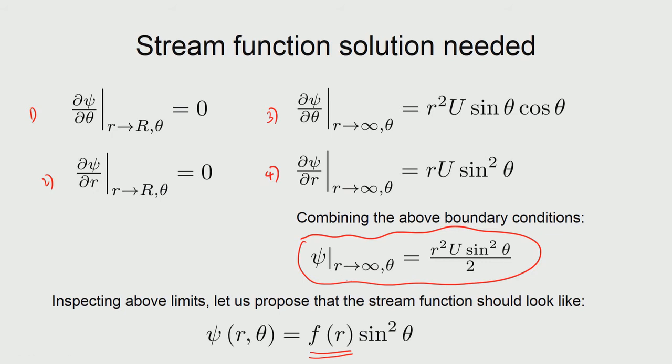Because this is only at far field, but this we see at any r. So, what kind of a function f of r is suitable such that at far field it will give you this kind of a value? That is the solution that we are now requiring. What we normally do in all the integration and differentiations that we do in engineering problems is that whenever we want to propose a solution, we insert that solution into the differential equation that should be satisfied, and then see what form of the function will be reasonable. So, that is what we are going to do here also.